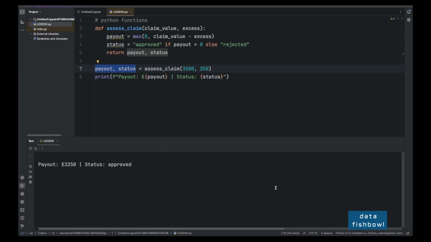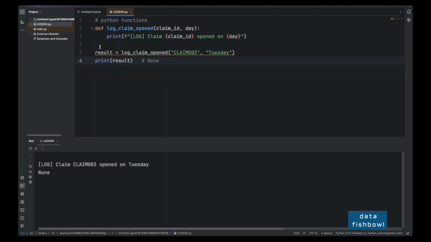Let's just demonstrate that. You see there, we've got a definition of a function, and it's not returning anything, so strictly speaking it's a procedure. We've captured the result of running that function, and it's given us None, because it's not actually been told to return anything back to whatever called it. Just something to note, because it's something you should understand generally when you're coding, whether it's in Python or